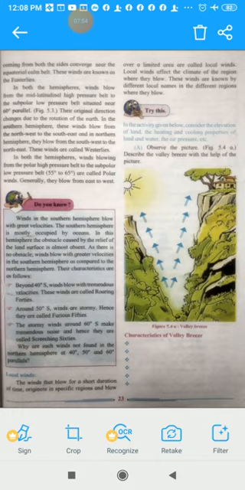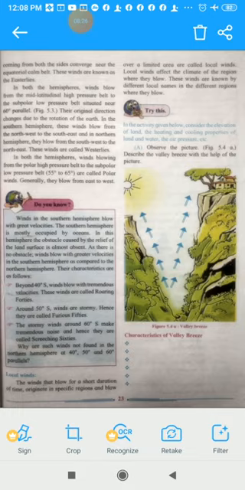Same then have a look in the southern hemisphere. Look at the south pole. Polar high pressure belt from 90 degree. The winds are blowing to the subpolar low pressure belt in the south, that is 55 to 65 degree. Again these winds are called as polar winds because they are blowing from the poles to the subpolar low pressure belt. So they also blow from east to west.